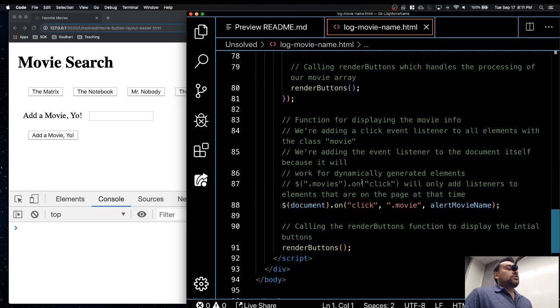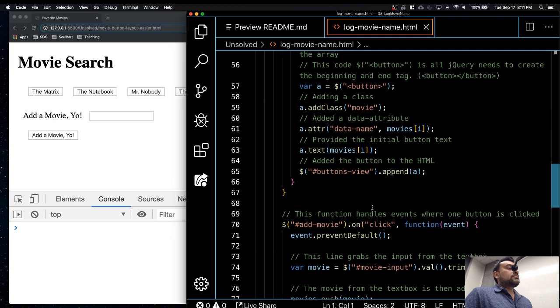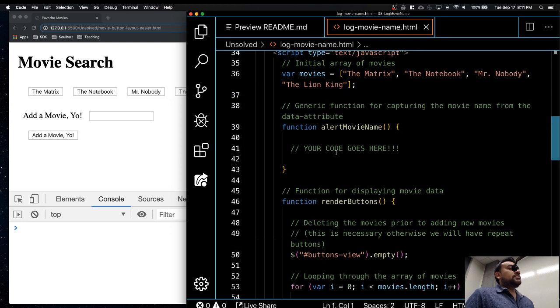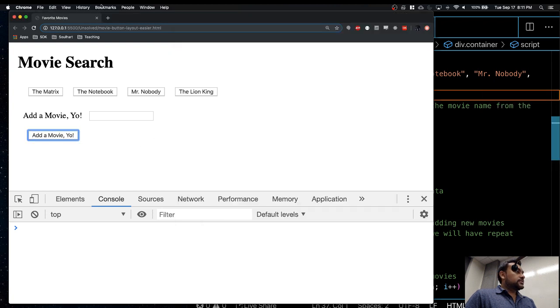The callback function, the click function, is also there. Make sure you read the comments. The purpose of this is you need to complete this function over here. Basically, it should show an alert that shows the movie name. So if I run this,